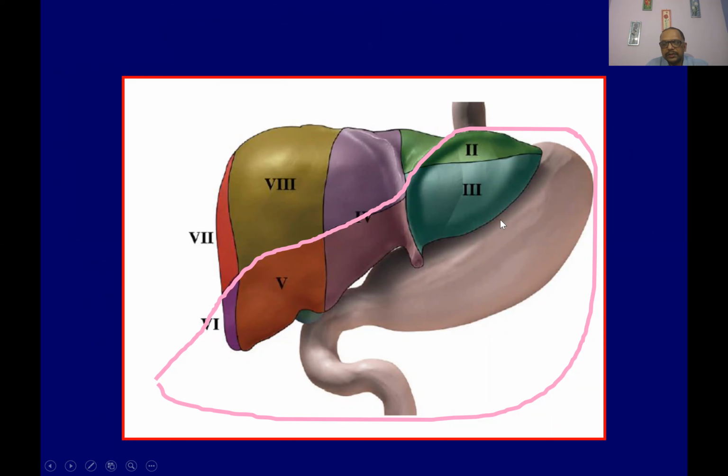First and foremost, it is important to understand that the whole of the liver cannot be sampled using an EUS. So we can sample only that part of the liver which is adjacent to the gastroduodenum. So we can sample segment 2, 3, 4A, 5, and very rarely 6. Predominantly, the right lobe is sampled using segment 5, and the left lobe is sampled using segment 2 and 3.